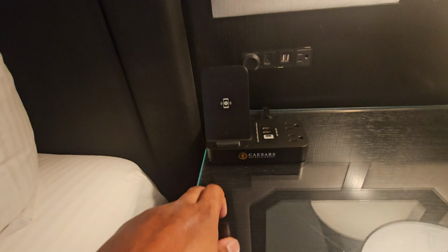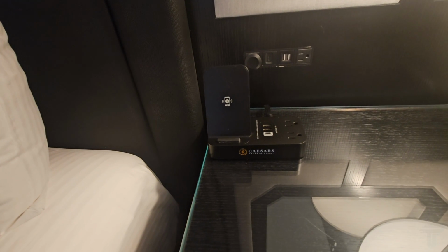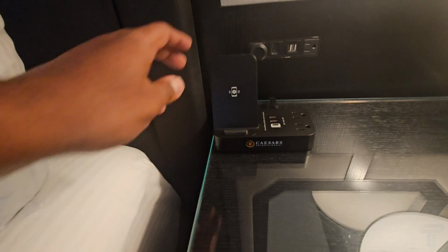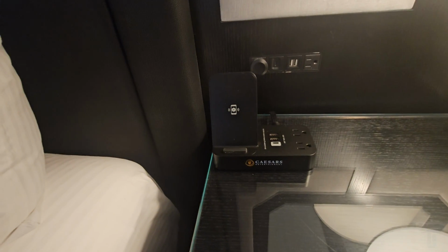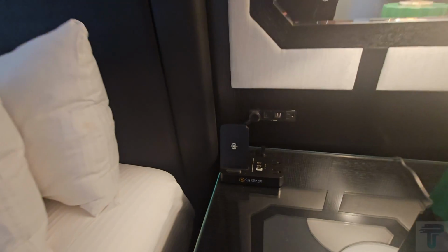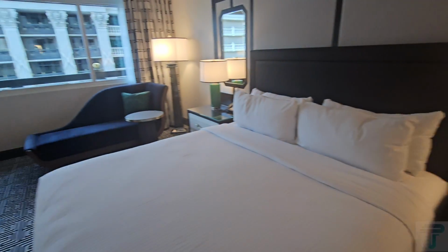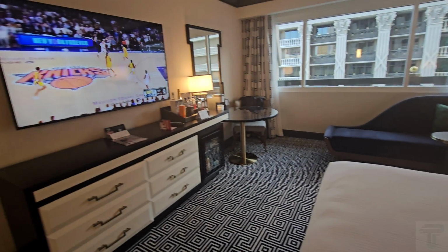Now this one, I noted they started adding a lot of these to the Caesar's properties because I've noticed them in Horseshoe and Planet Hollywood. But this is a fast charging. So whether you have an iPhone or any device with fast charging, that's on there. You've got standard and USB there as well. And then you've got your drawers bedside. And of course, across from the TV,